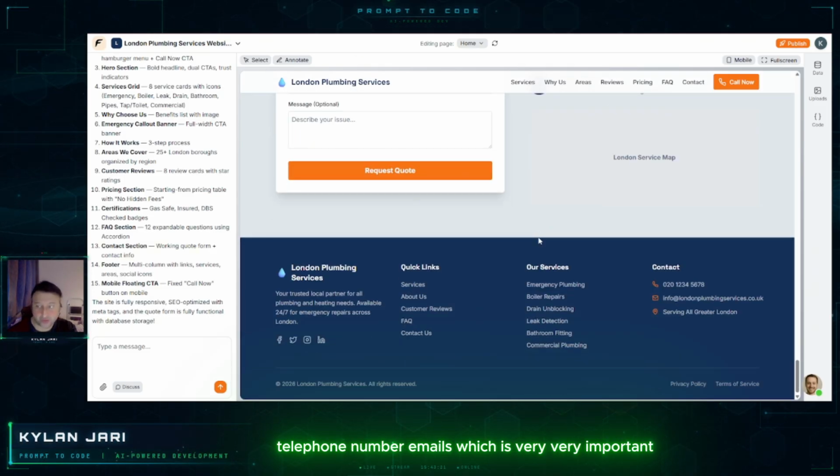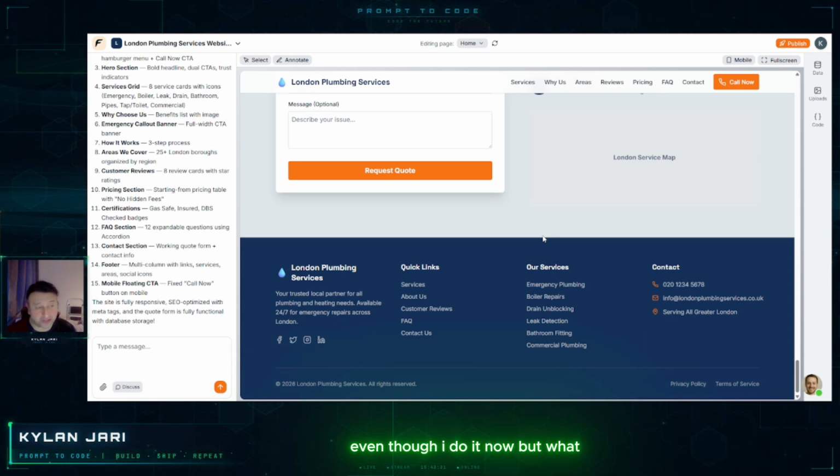And look at the footer. I mean, the footer is unbelievable. Just imagine. I remember I used to build WordPress websites, even though I still do it now. But what I'm saying is, building a footer like this takes a bit of time to set all these things up and then link them together.